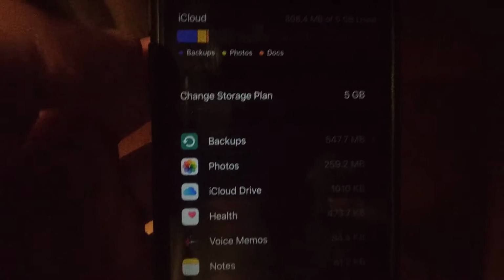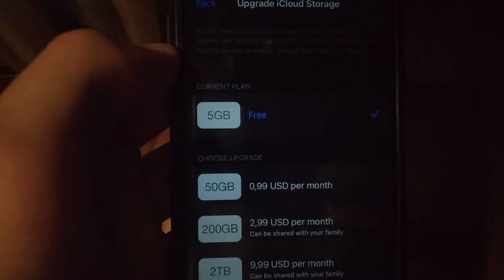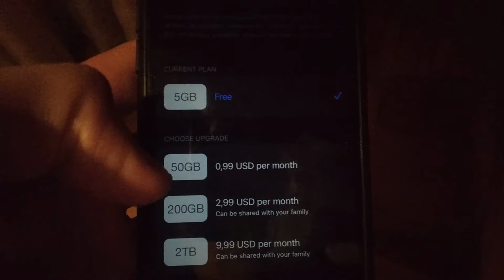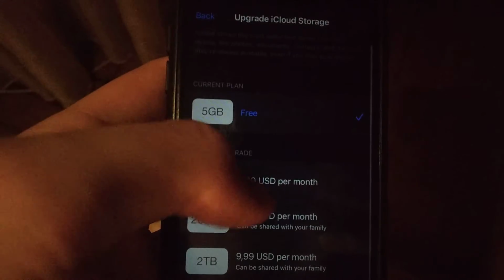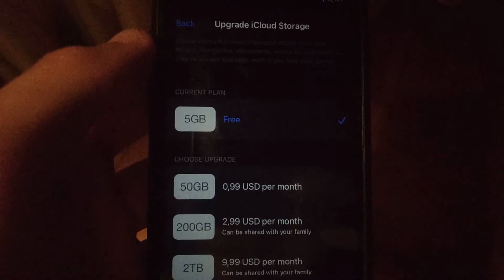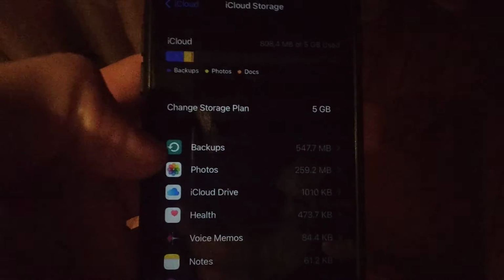and just wait until it loads. Now you just choose Change Storage Plan, and from here you choose a variant option. You need to upgrade your iCloud storage. So this is the first thing you need to try, and another thing you can also try is just to find